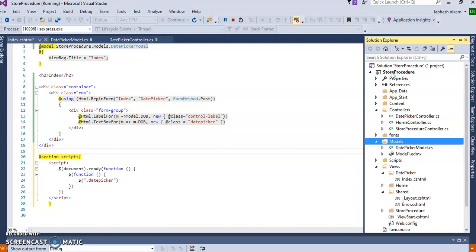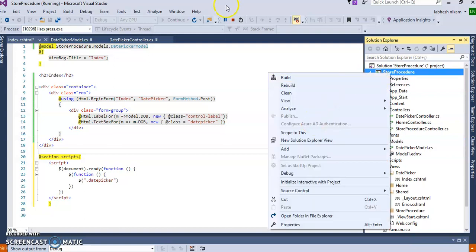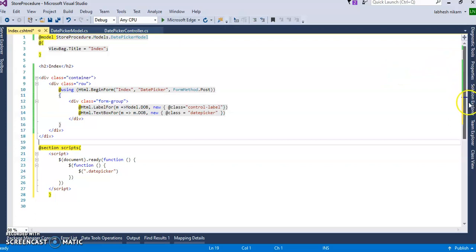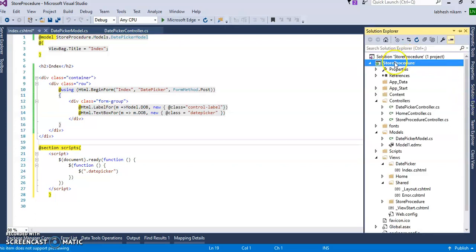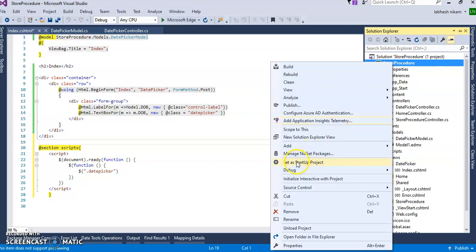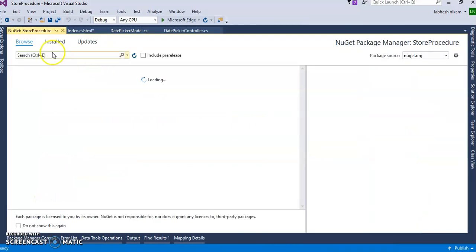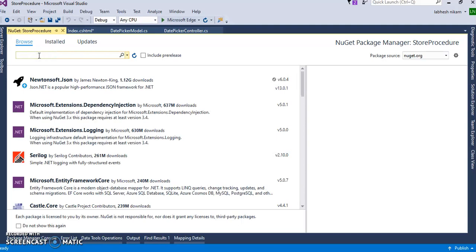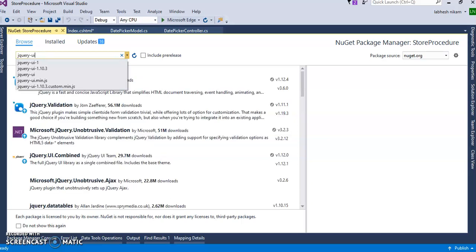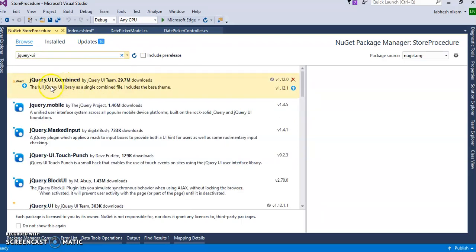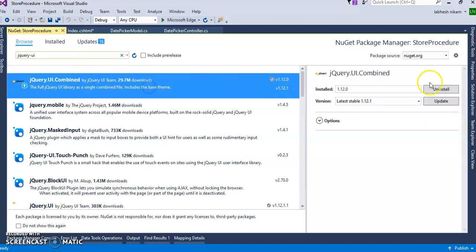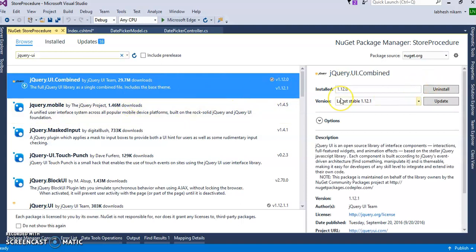If you want to download it, you can right click on the application name, select manage NuGet packages, and here you will write jQuery UI. You can see jQuery UI.combine here; click on this and install, and it will install on your machine. I already have it installed, so I don't need it here.